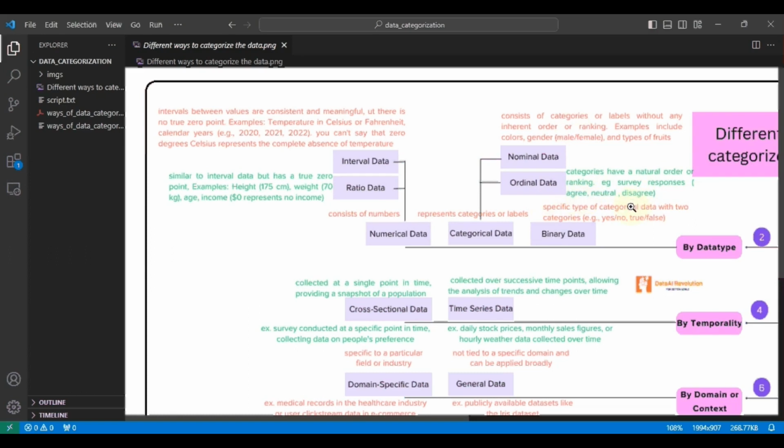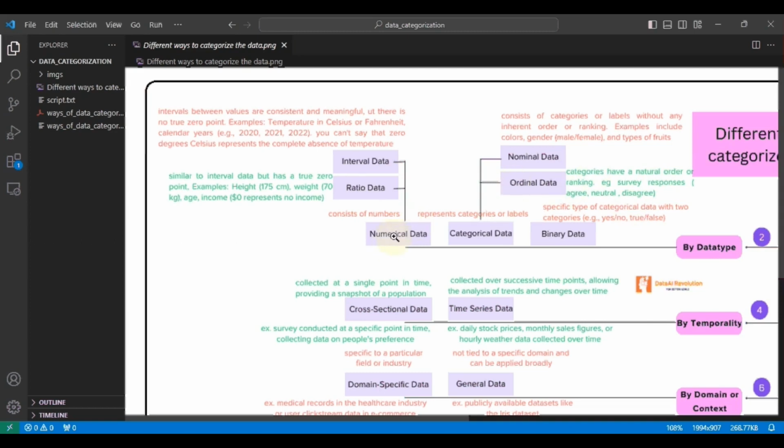Even if you see movie ratings, the ratings will be between 1 to 5. 5 means some different rating, 4 means a different rating. So there is an order, and that order is very important. 1 indicates a low rating, the movie is not good. 5 indicates a high rating, so the movie is good, and so on. So this kind of data is called ordinal data.